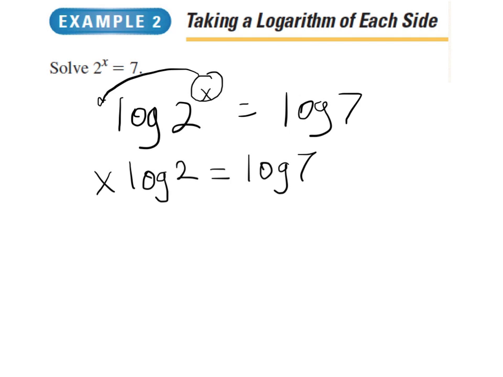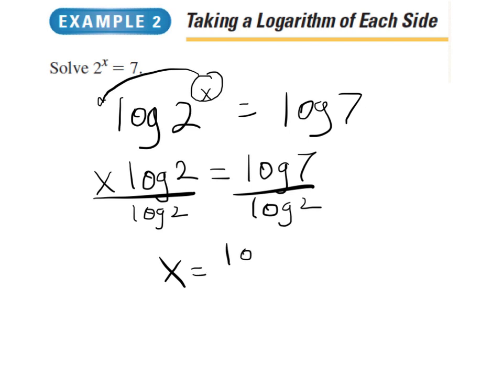Now I've got x on the same playing field as my logarithms, and I can divide both sides by log of 2 to get rid of anything attached to x. And then I know that x equals log of 7 over log of 2. And then I go ahead and enter that into my calculator, and I get roughly 2.81